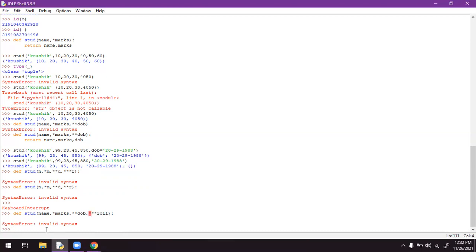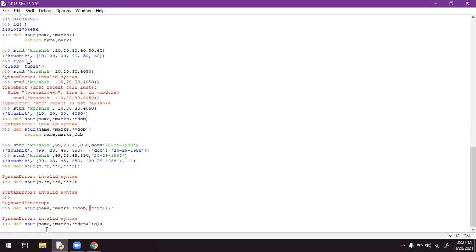In order to write more than 3 variables, what do you have to do? You have to do student, name comma, star marks comma. You have to mention the remaining things with only one variable called details.